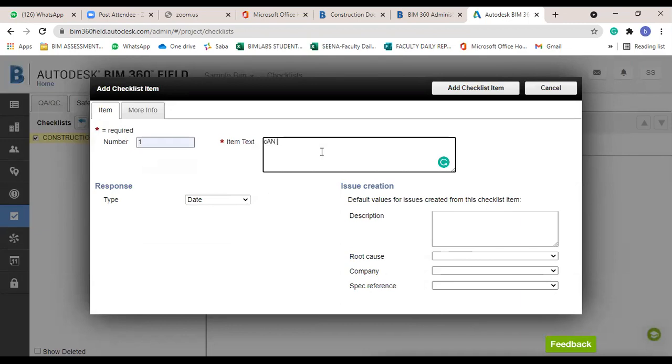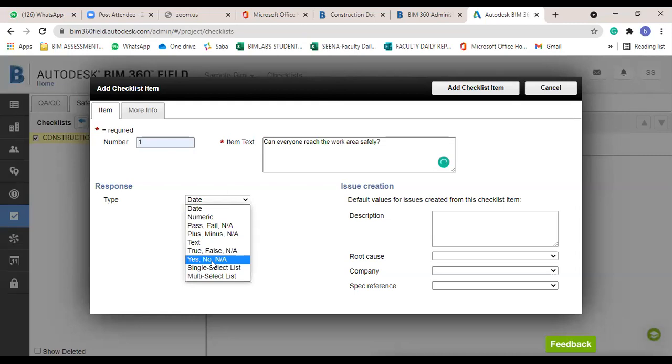Can everyone reach the work area safely? This is the first question.